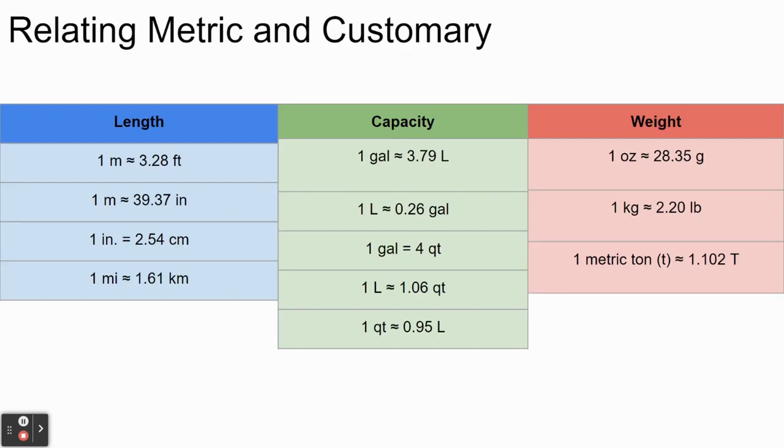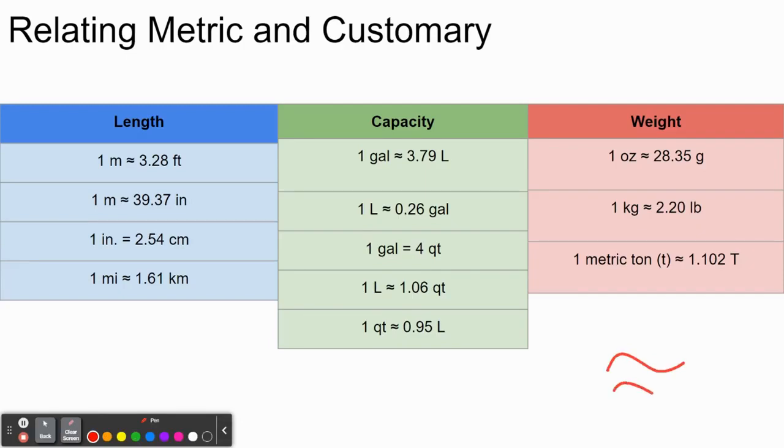You have the same ideas with capacity. You have the same ideas with weight. You're just taking some of the measurements that you would use in either metric or customary, and adjusting them as you need. Now, one thing that you might not be aware of as we're looking at this is what this